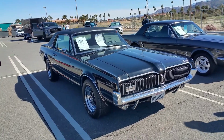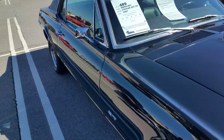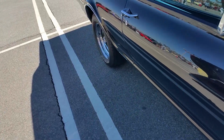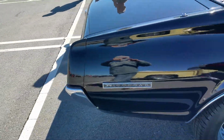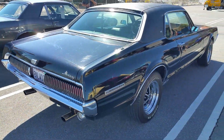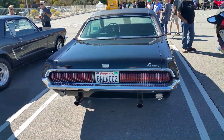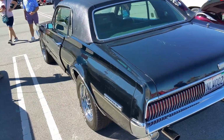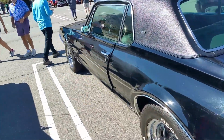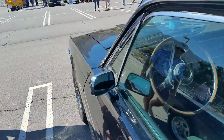Okay, number 2 is a 1967 Mercury Cougar XR7 GT S Code 390 V8, nut and bolt restored car. Actually, one of 2,653 made. This one was at my local classic car auction in Palm Springs, California, where it bid to $30,000